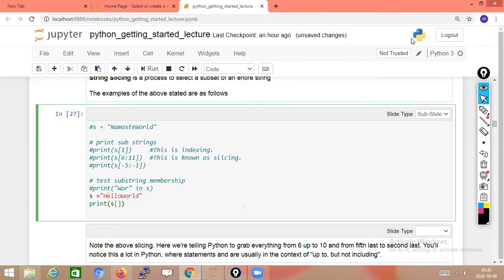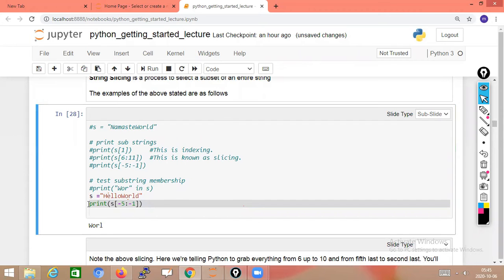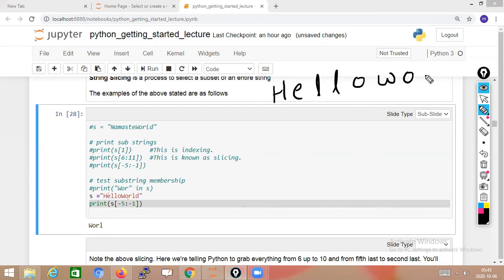So what I am doing is minus 5 colon minus 1. Now I will execute it. Control enter. You got WORL. Let's analyze what it is giving. The variable contains hello world, and we will give the position values.